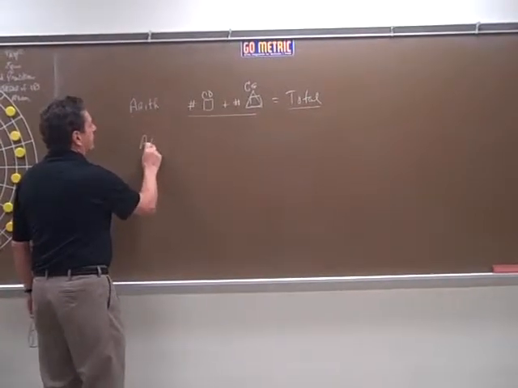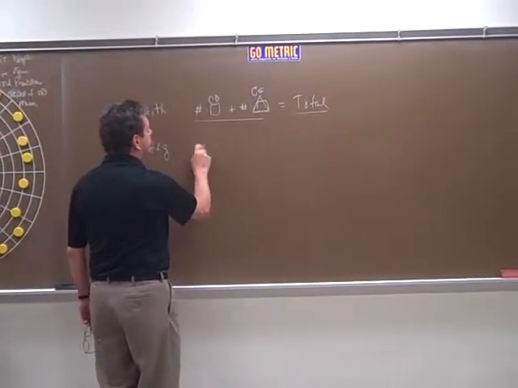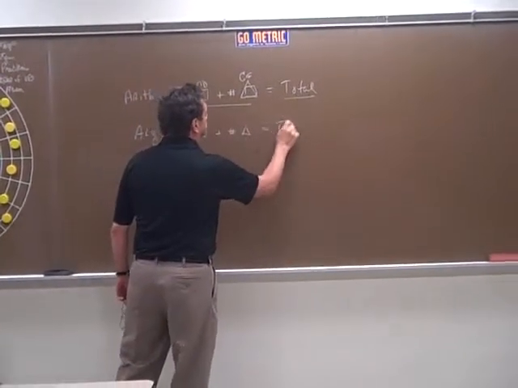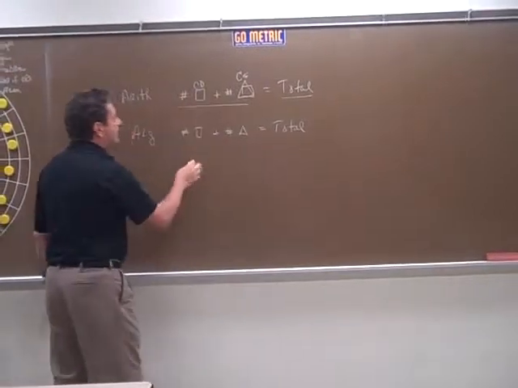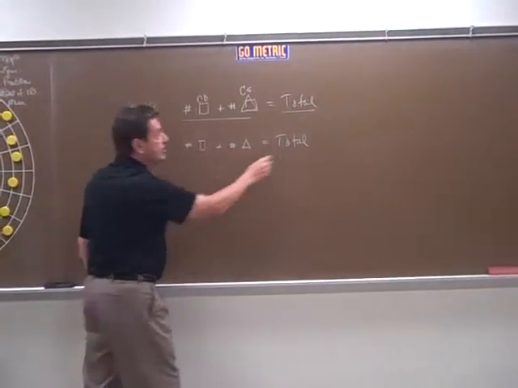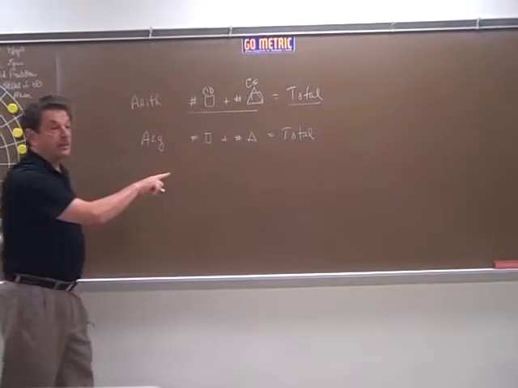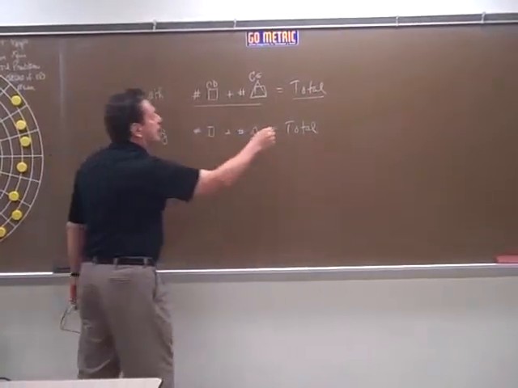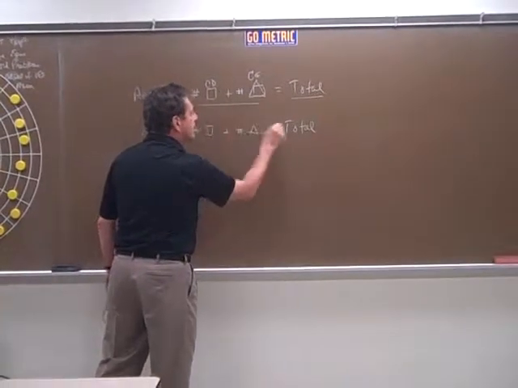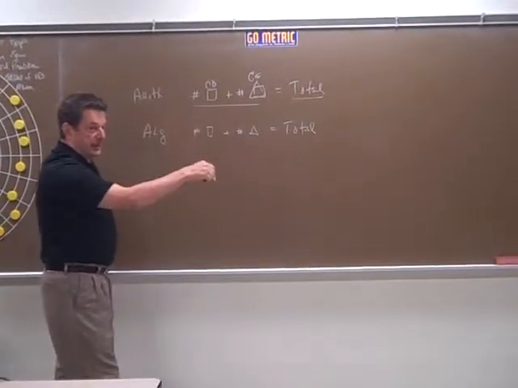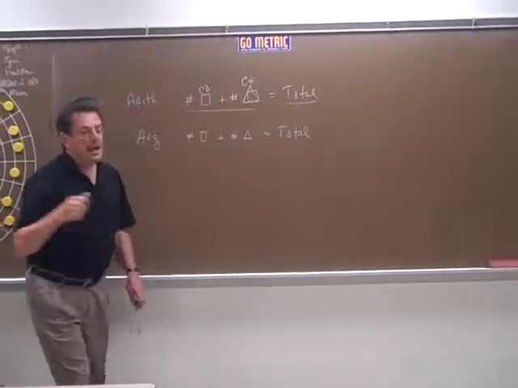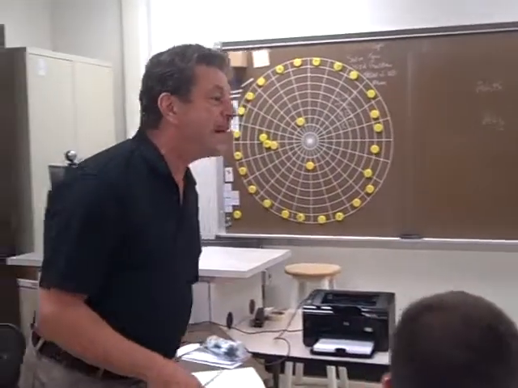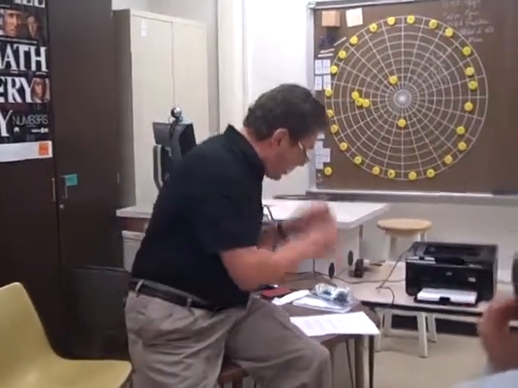In an algebra problem, you have the same structure, except you're only given 3 of these things and the total, and you have to find the 4th thing. So if you have to find the total, it's an arithmetic problem. If you have to find one of the 4 items under the total, and not the total, it's an algebra problem. However, what we have to look at is that the structures of those problems are exactly the same. So if you look at numbers 1 and 3,